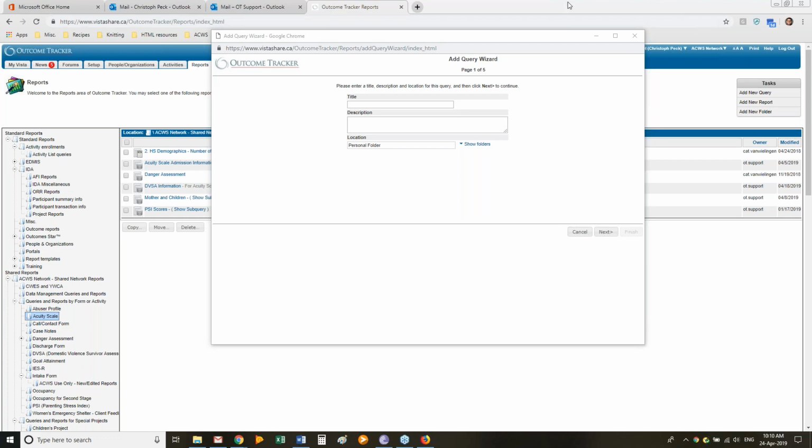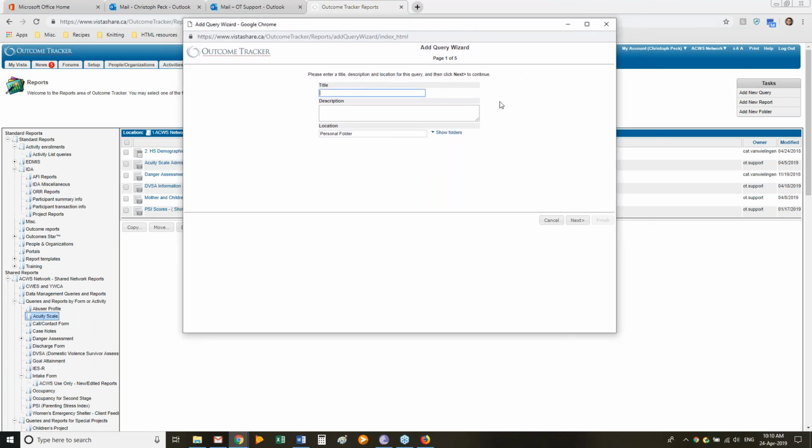So let's say I want to create a query and I want to know how many people were admitted within a particular date range. That's just all I want to know. So I'm going to create a query. I'm just going to call it people, or more accurately, clients admitted